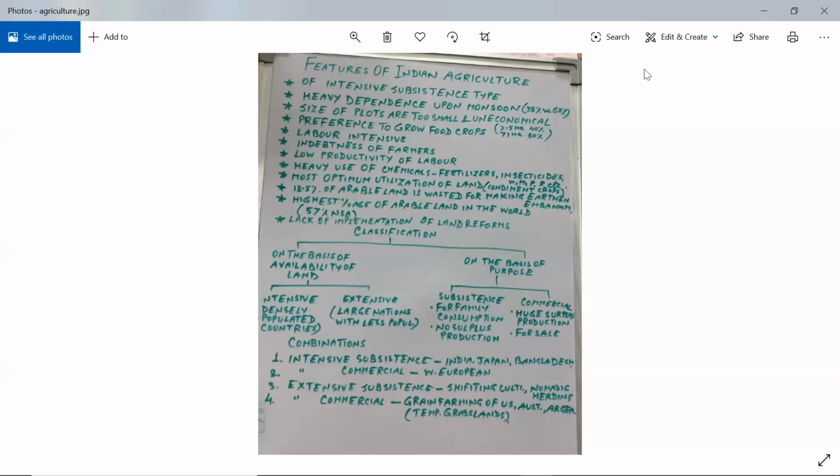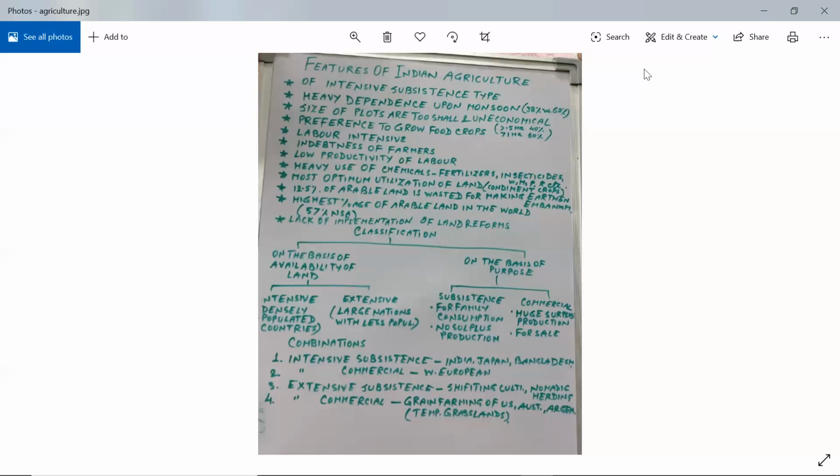And the fourth type is extensive commercial type of farming. It is in fact commercial grain farming, which is performed in United States of America, Australia, Argentina, Canada like nations we were talking about when we are talking about extensive type of farming. So it could be termed as extensive commercial farming. See, in fact, such kind of farming is performed in temperate grasslands. Again, what you have studied in class 7. You may remember something. Temperate grassland, that kind of grassland which are found in temperate zones.